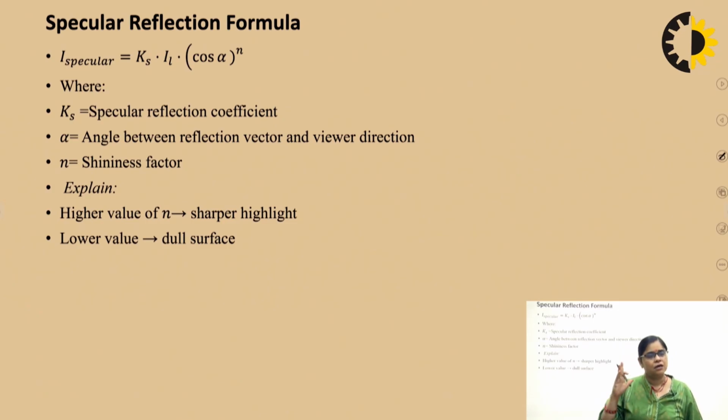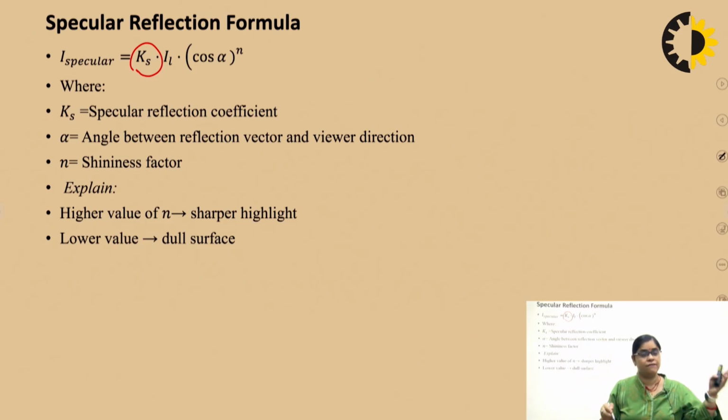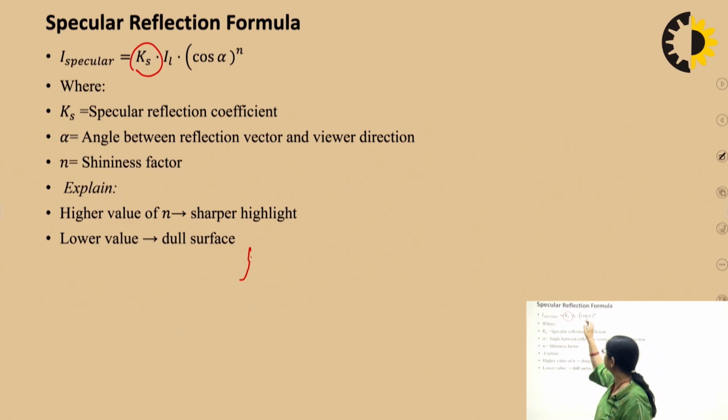Let me discuss that after. But in the specular reflection, I am taking the viewer position, right? Now, in the specular term, Ks is your specular coefficient, the specular reflection reflected on the surface, right? And this alpha is the angle at which it is reflected and at which the viewer is watching, right?